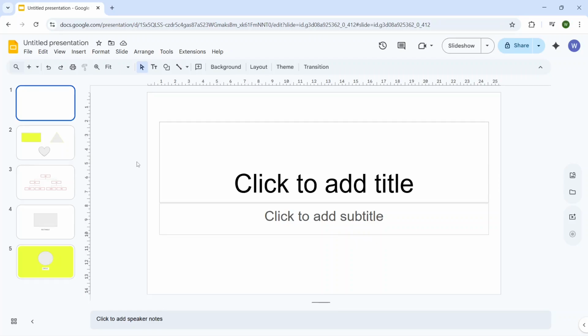Hi, today I'm going to show you how to rotate an image in Google Slides. So for example, we have this presentation. If we want to insert a new image and rotate it, we need to select the slide where we want to